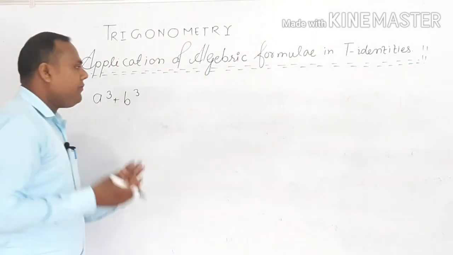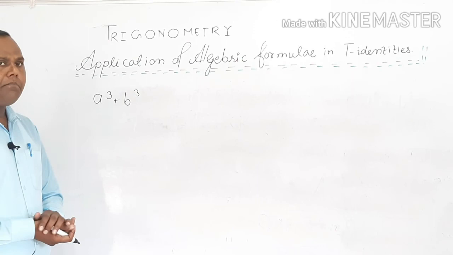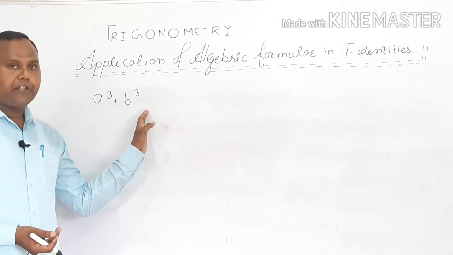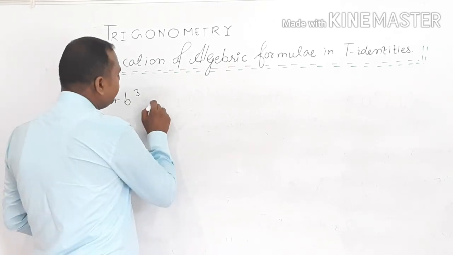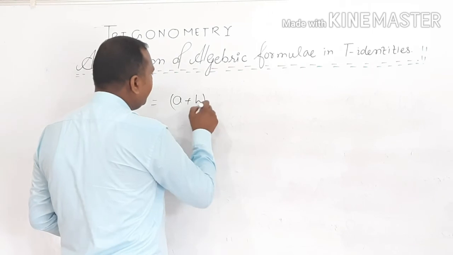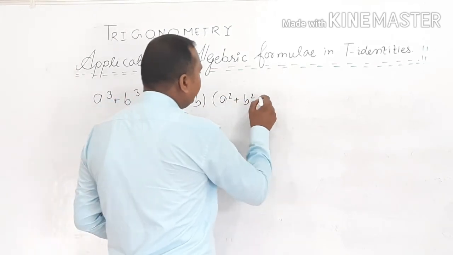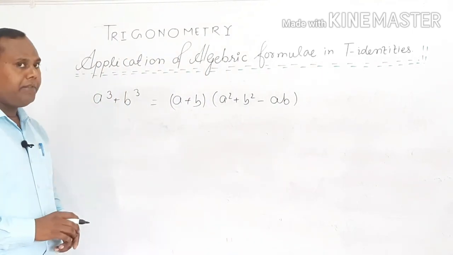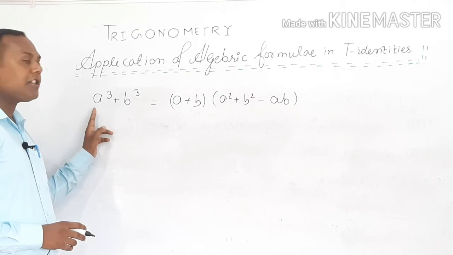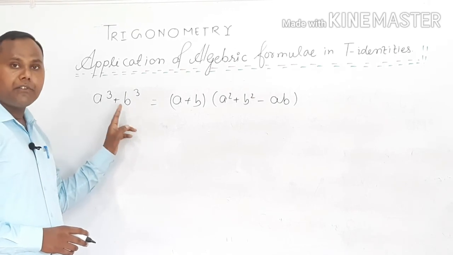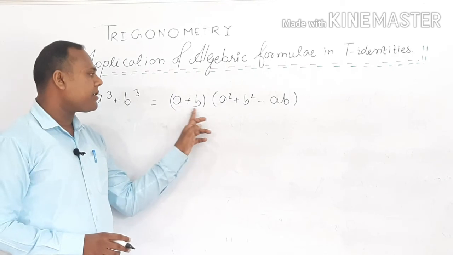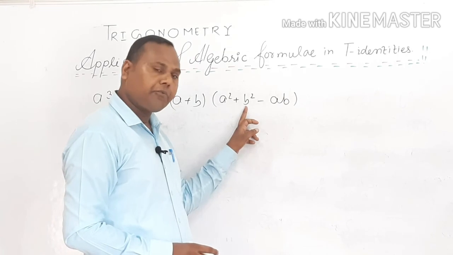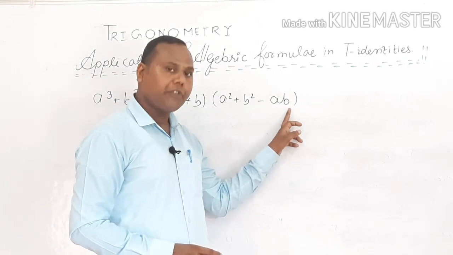In this chapter, most of the time we use a³ + b³ in the factorial form, such as a³ + b³ means (a + b)(a² + b² − ab). So how can we memorize this formula? a³ means the first term cubed and b³ means the second term cubed, so it is the first term plus second term, times the first term squared plus the second term squared minus the first term into the second term.